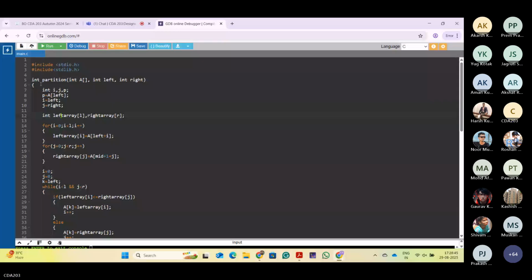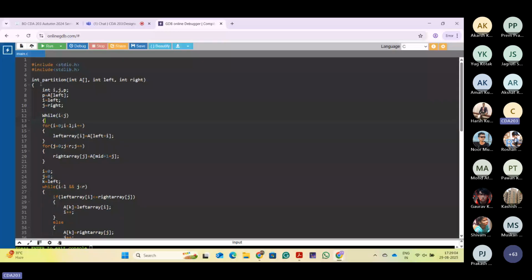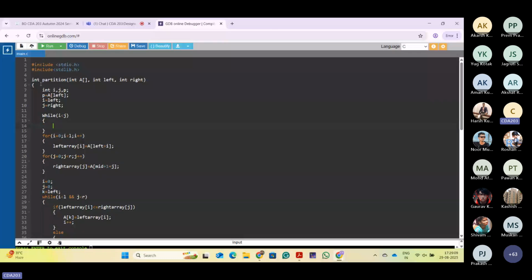The same, to not repeat the same mistake, I am considering that this should be always less than. The lower index should be always lower than the higher. Now we have to separate the elements which are smaller than pivot and which are higher than pivot. So while